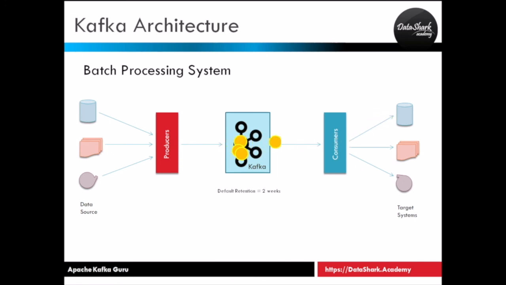By default, Kafka provides up to 2 weeks of retention for the data stored inside it. Batch processing is also a very common use case, and you will find most of the Apache Hadoop applications, especially those built using MapReduce, are using this kind of architecture, where data is accumulated throughout the day or a couple of hours, and then a process is triggered to analyze it.